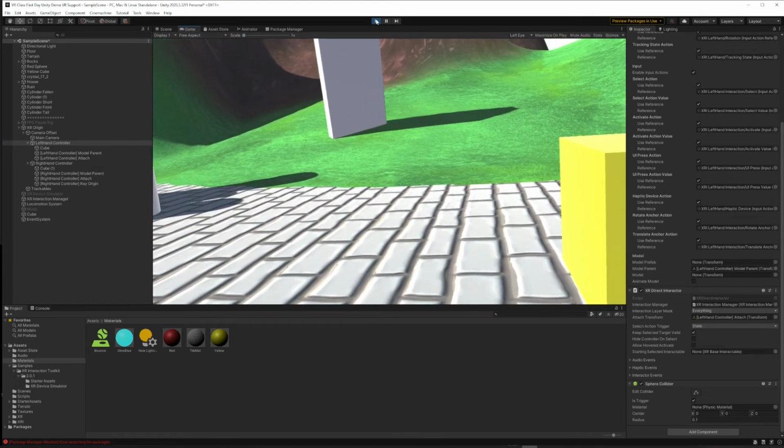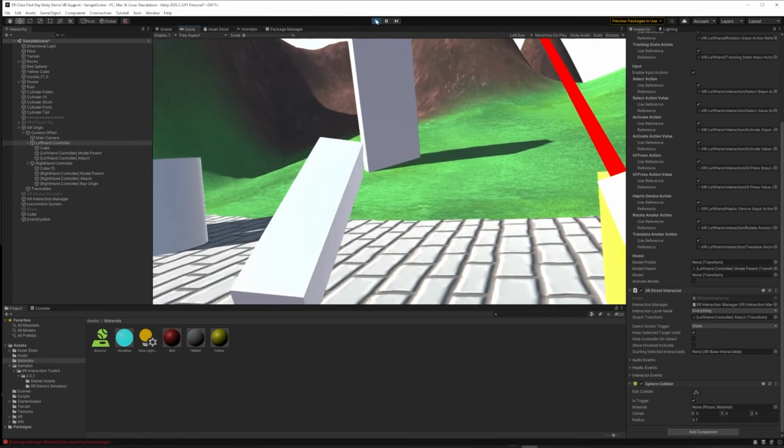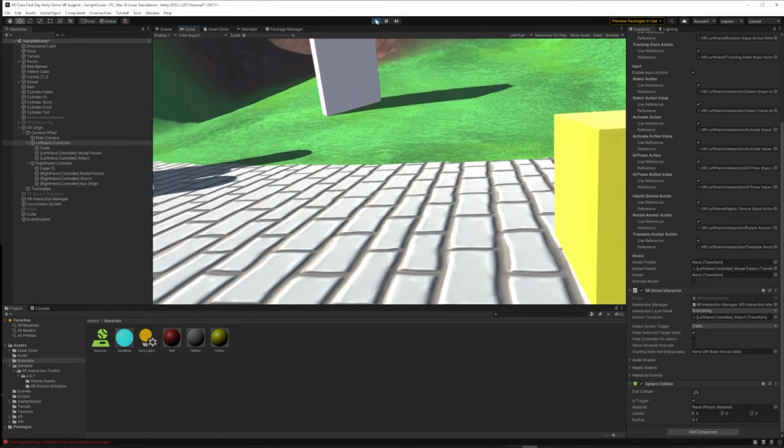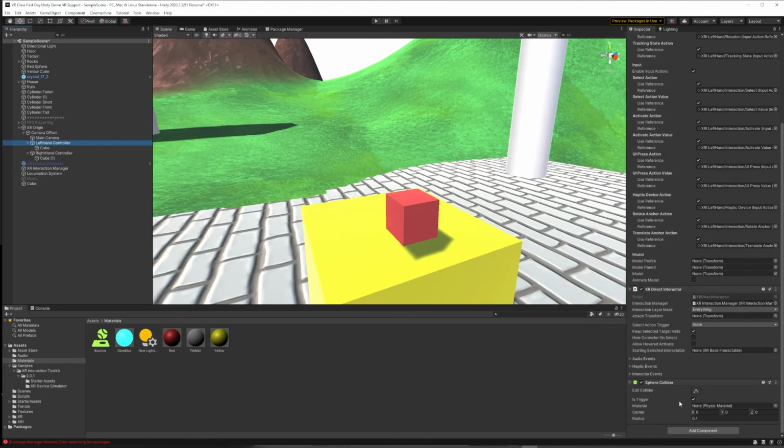Otherwise, we should reproduce everything we just did to the left hand onto the right hand if we want both hands to function the same. So with this collider, the reason we choose trigger is that way we can pass the collider right through and into the object and it doesn't knock the object over, but Unity still knows that it's colliding with the grabbable object, and that way when we click the grab button it will activate the grab interaction. If you were making like a physics thing where you just wanted to be able to knock the objects off the table,